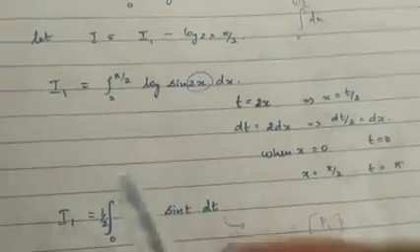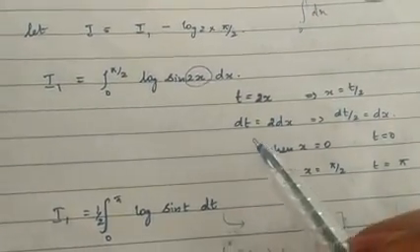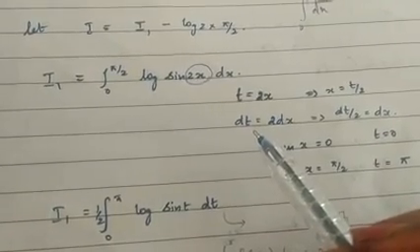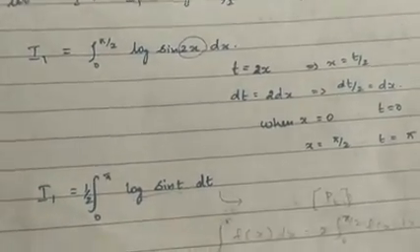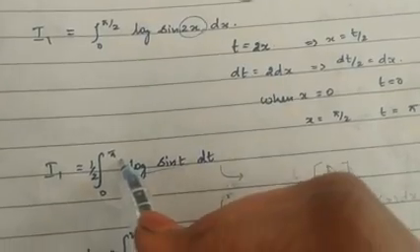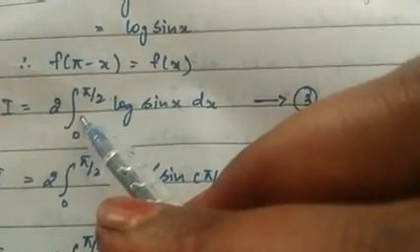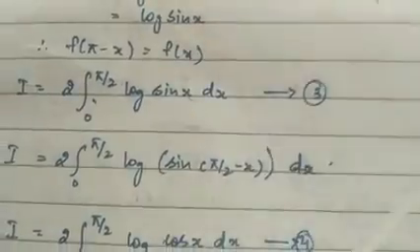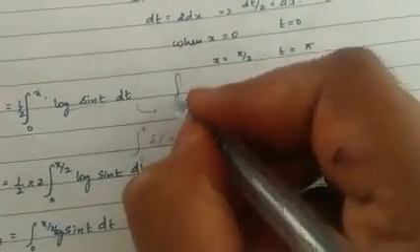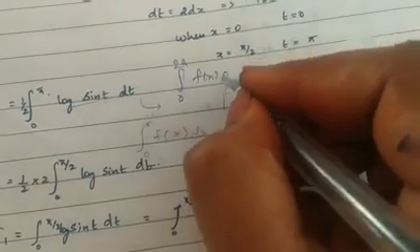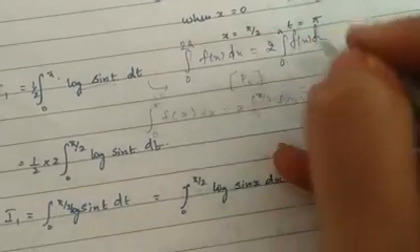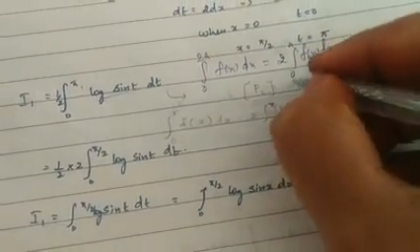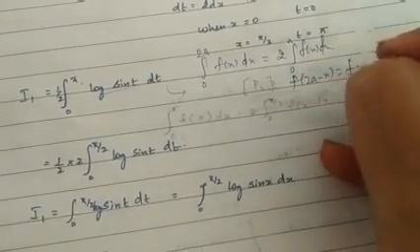After that, substitute in the integral. Now take this function to be f of x. After that, this pi should be changed to pi by 2. That's the integral we have taken here. So we need to convert into pi by 2 again. For this one we are going to apply the property integral 0 to 2a f of x dx is equal to 2 times integral 0 to a f of x dx, when f of 2a minus x is equal to f of x.